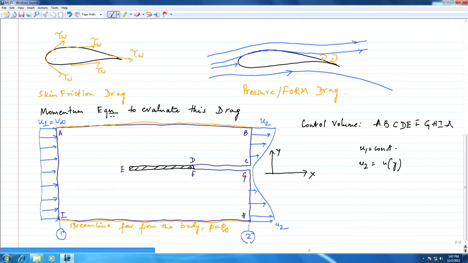So, let us go and do that. Number 1, there are two things here. That will come from the pressure distribution